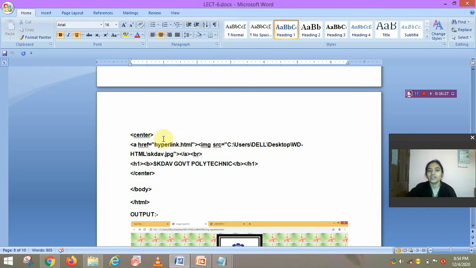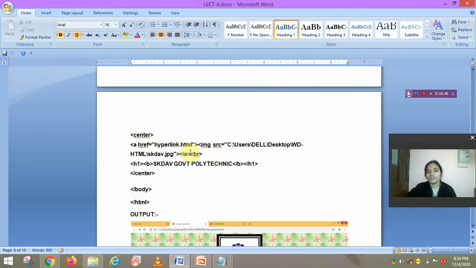That means the file name to which it will be linked is mentioned here. After that, the angular bracket closes, we write the link text. In the link text, we place an image.